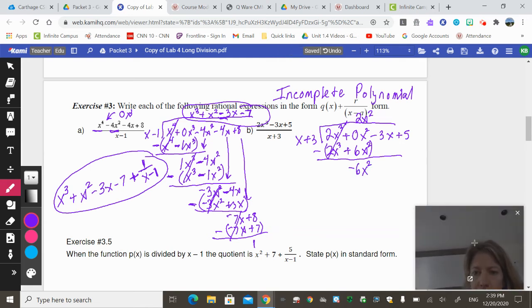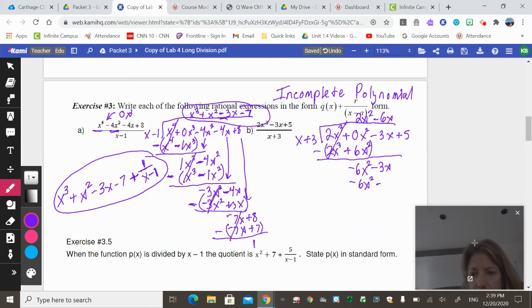x squared. And if I didn't put that 0 there, I would end up with negative 3x plus 6x squared, and I wouldn't be able to subtract them. So that's why it's important to put the 0 there, so I have like terms. Okay, I'm going to bring down my minus 3x. This next term would have to be a negative 6x. When I distribute, I get negative 6x squared